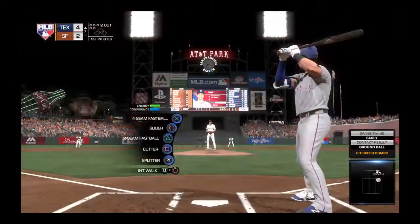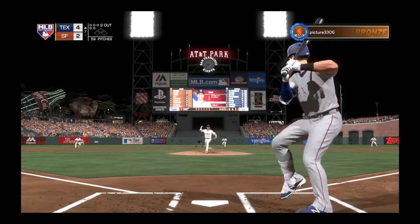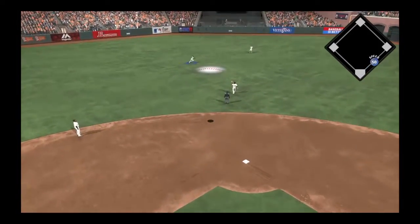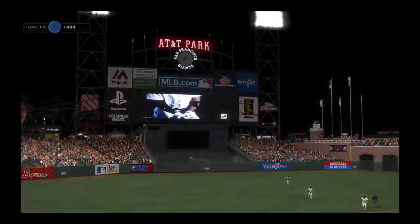Here's Joey Gallo now. He comes in 0 for 2 thus far. Into the windup and the pitch. High in the air and drifting out to shallow center. Hanson on the move. And that retires the side. Ladies and gentlemen, it's